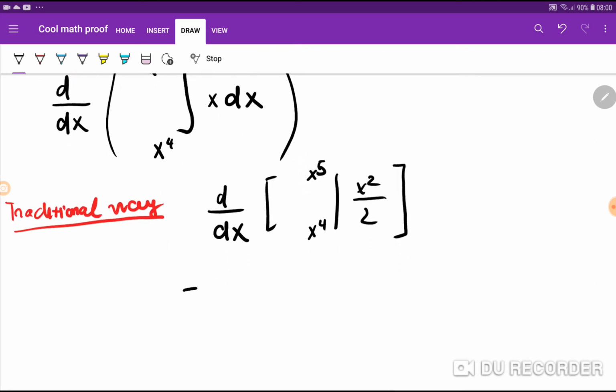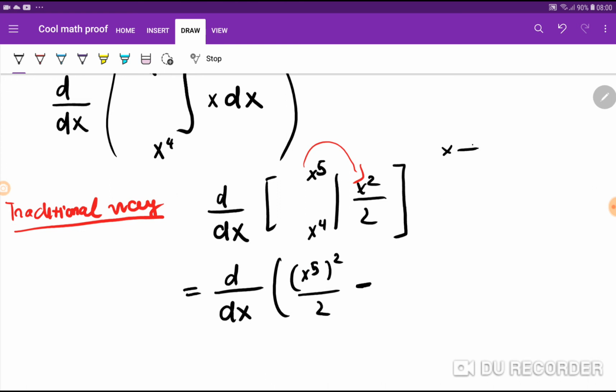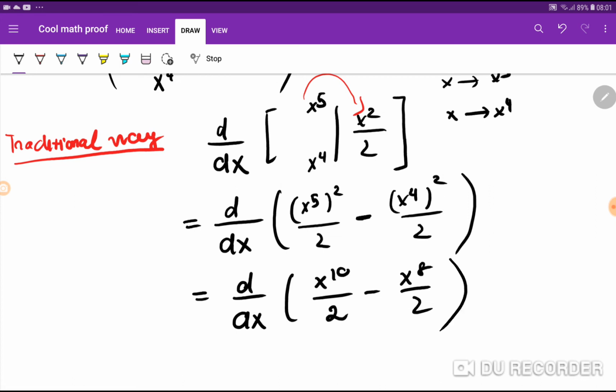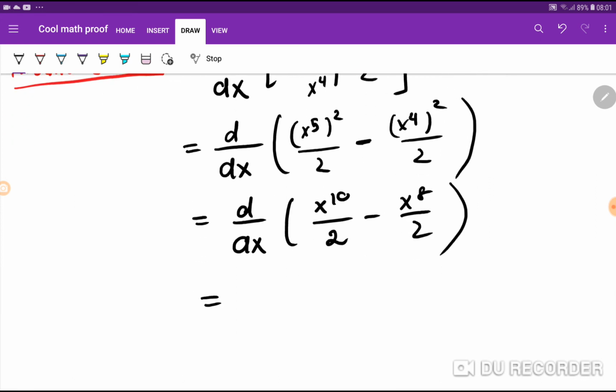So it would become d over dx of, you replace x with x to the power 5, so x to the power 5 squared over 2, minus x to the power 4 squared over 2, equal to d over dx of x to the power 10 over 2 minus x to the power 8 over 2, equal to